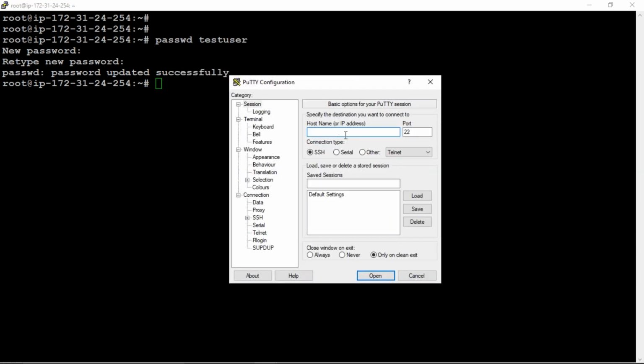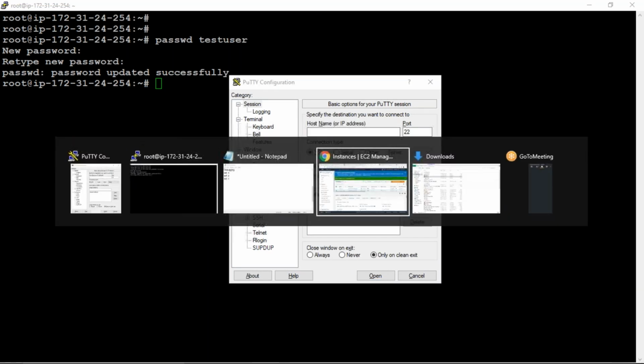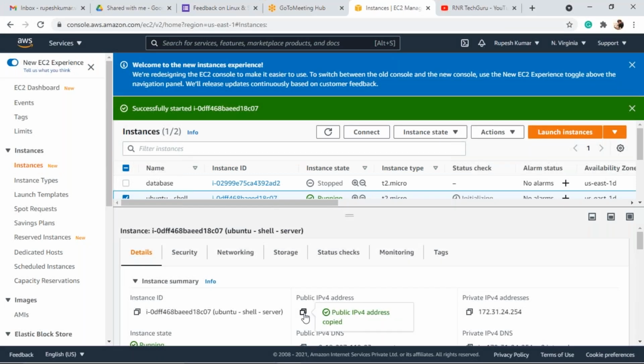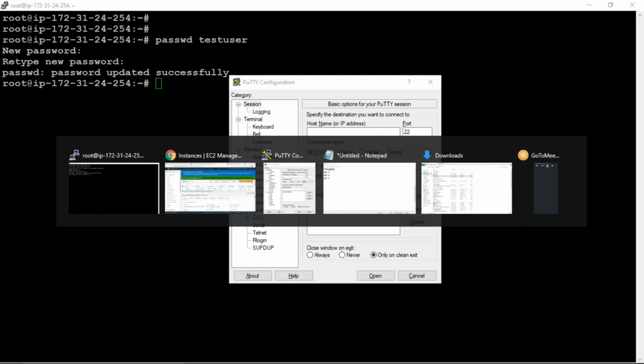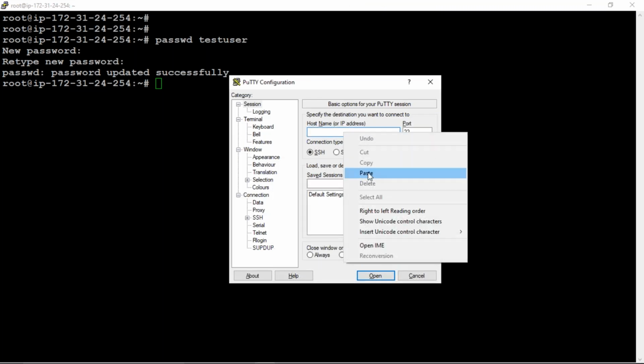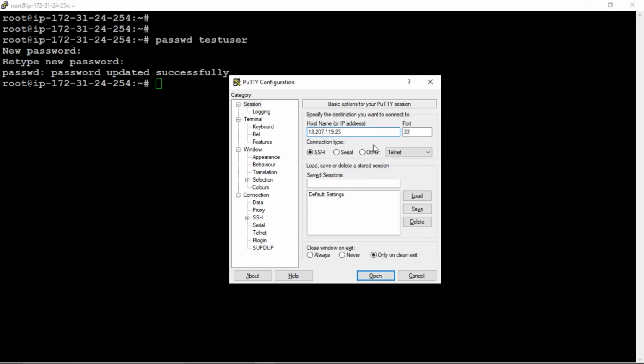Here the host name is the same, the way we connected previously. Copy the IP address of your instance and paste it here.